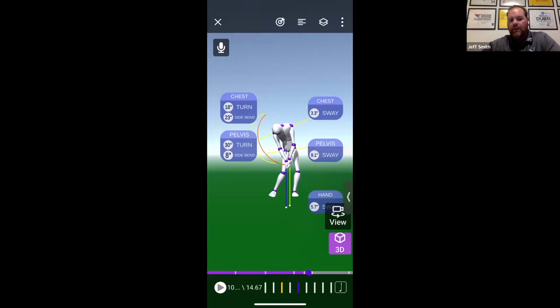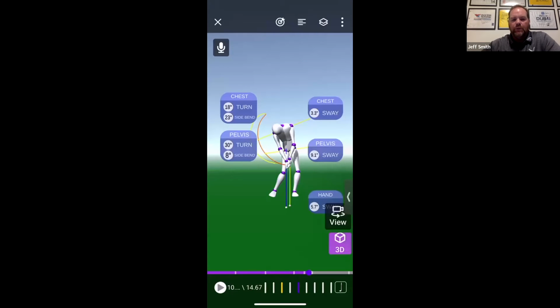So you can see Rory is there at about 23 degrees of right side bend with the chest and only 18 degrees turned. Now his pelvis is pretty open at 30 degrees, but it also has a pretty high right side bend value there. All of those things, these kinematics that you're seeing, are having an effect on his swing geometry. It's producing a more in-to-out, a more shallow angle of approach,